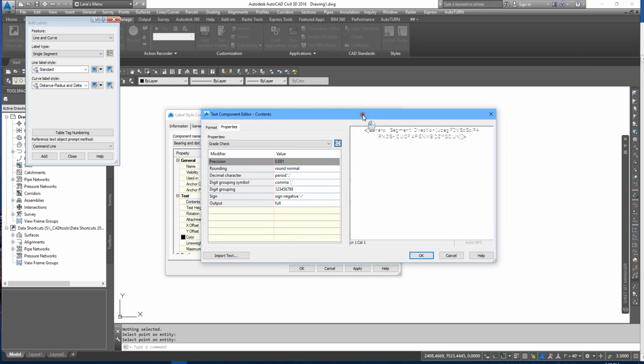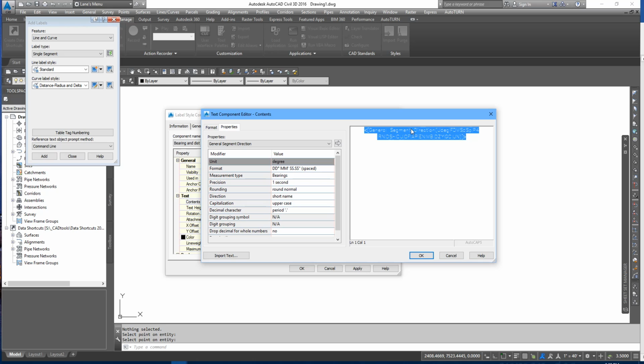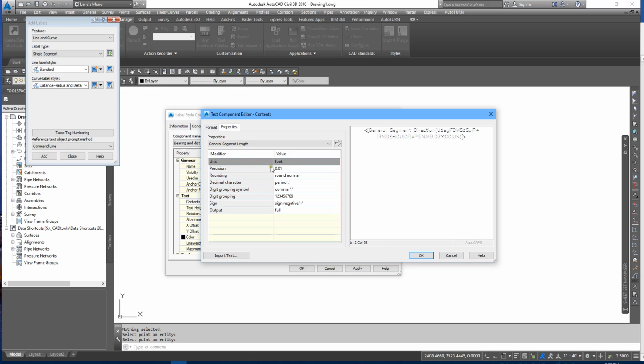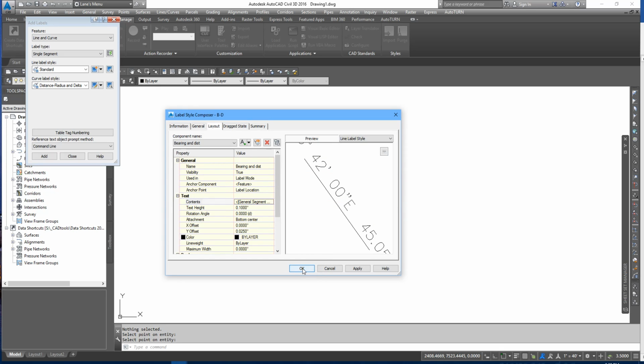When I open up this dialog, I'm okay with the bearing for right now, but I'm going to click at the very end of that, and I'm going to hit 2 space bars, and then I'm going to go grab the overall general length, segment length component, and I will import that with this import button right here, and then I'll click to the end of that, and I'll use the foot mark, the single quote mark. When I say OK, and I say OK again,